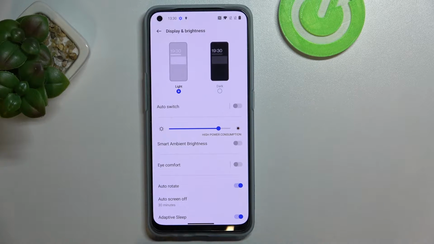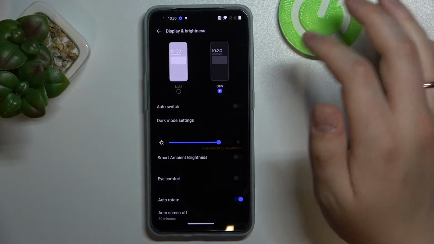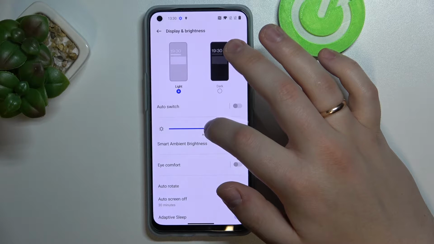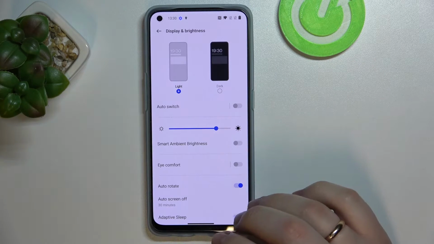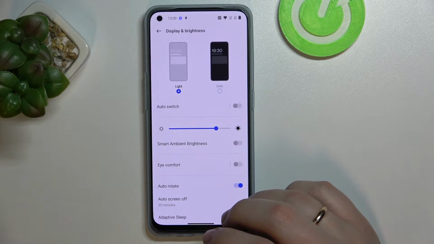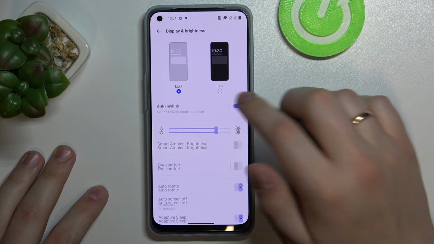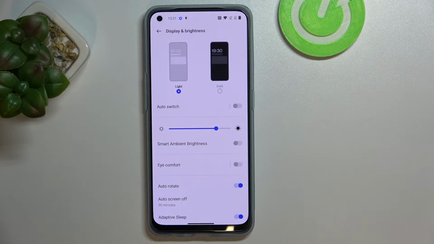So very basic, very common for basically any device is the fact that you can switch between light and dark color schemes, like in dark modes. So the dark mode looks just like this, and the light mode looks like this. Basically, the dark mode is a very useful tool once you have a low level of ambient lighting, and the light color scheme just hurts your eyes. There is also an auto switch button, which allows the dark mode to be enabled automatically